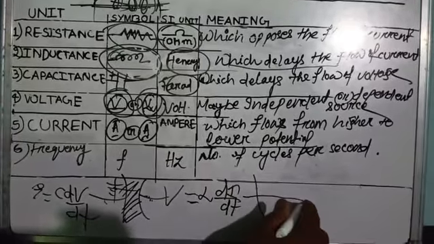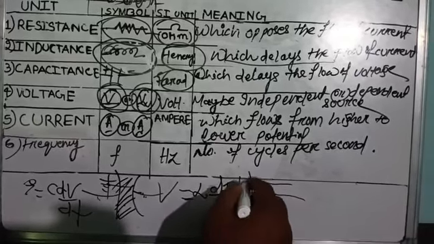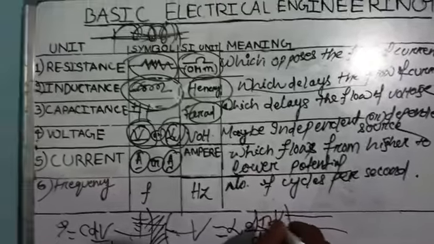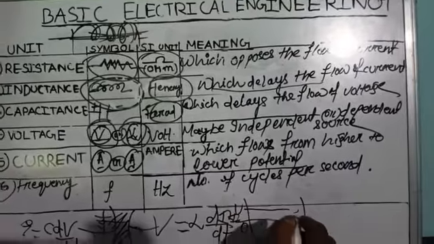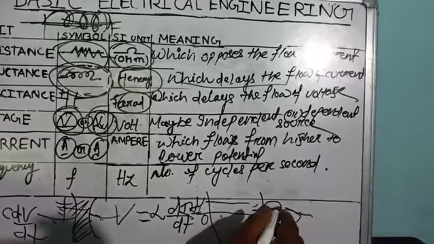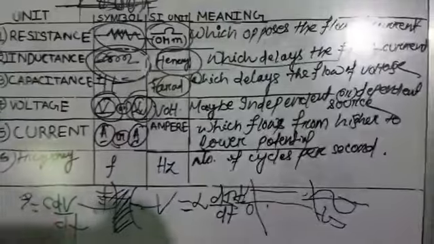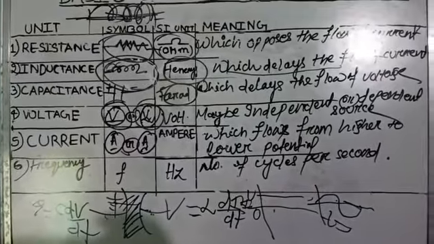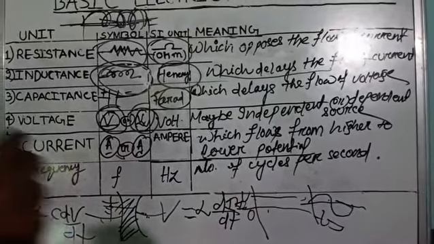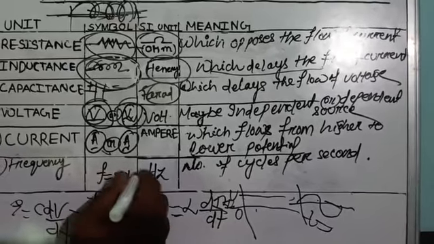In DC supply, voltage and current do not change with respect to time, but in case of AC, the voltage and current change with respect to time. AC has a frequency, and in the Indian standard AC frequency is equal to 50 Hz, and